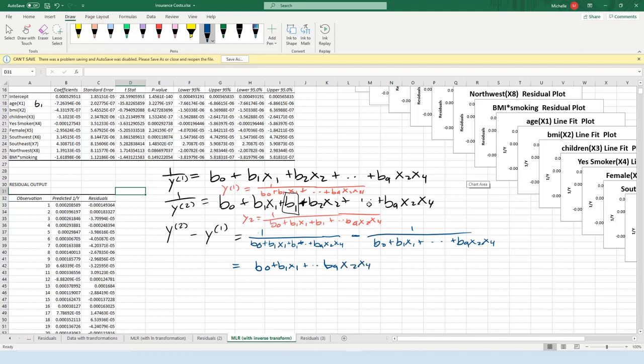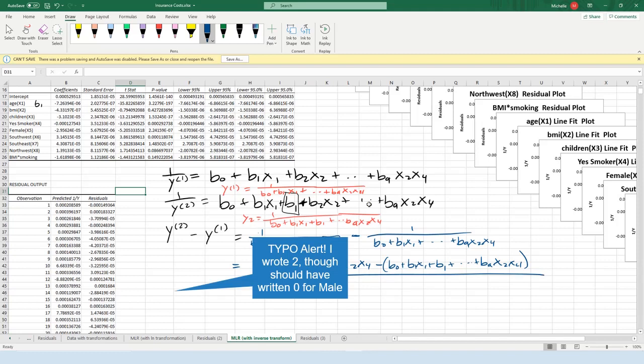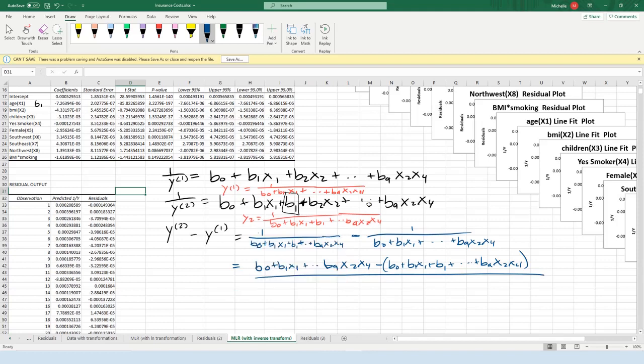Then that minus this stuff over here, so b naught plus b1 x1 plus b1 plus dot dot dot b9 x2 x4, divided by, you gotta FOIL that out, which is going to be a mess, so I'm not going to do it. I'm just going to leave it like that. Dot dot dot, times